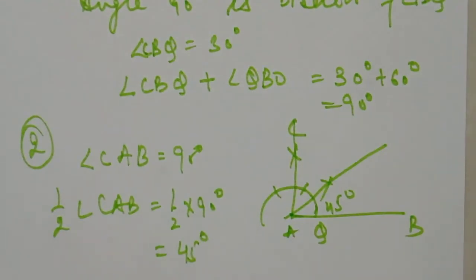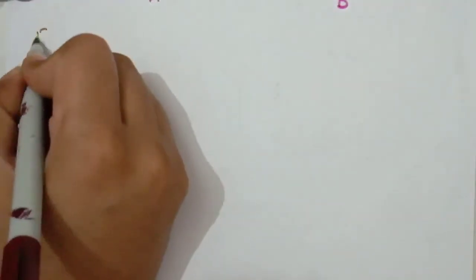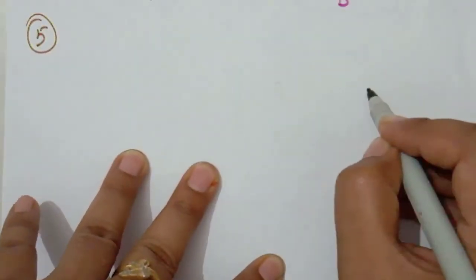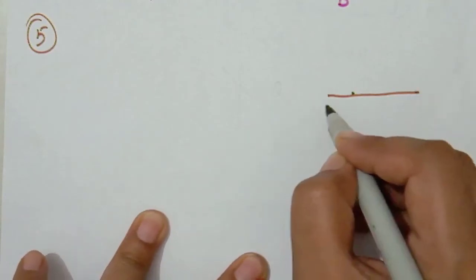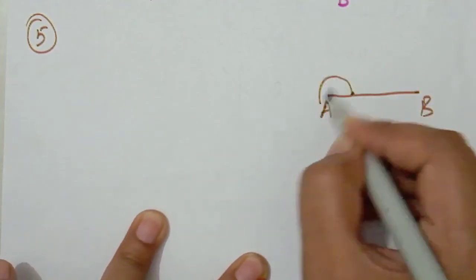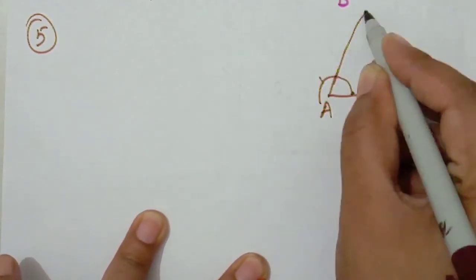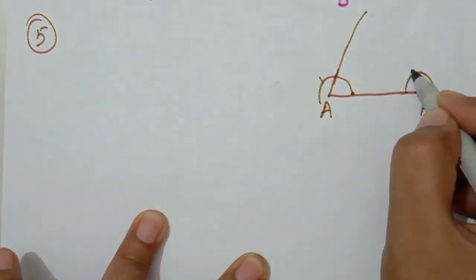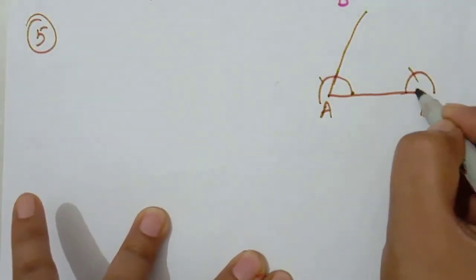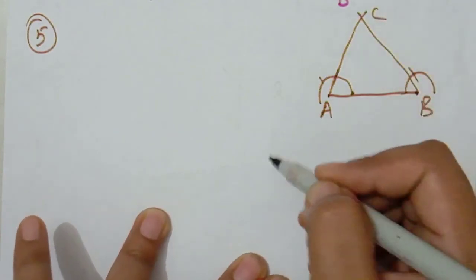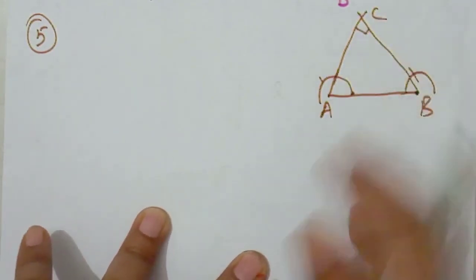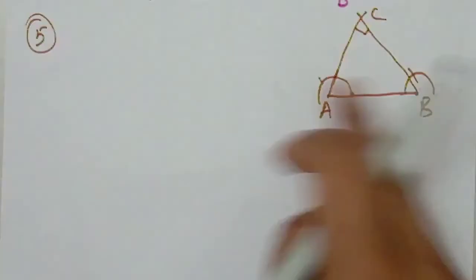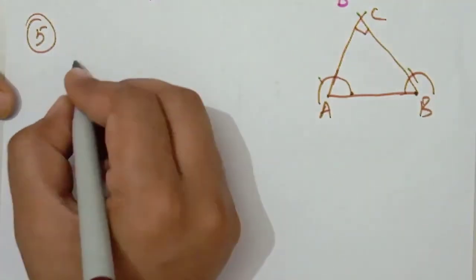Now the justification of the equilateral triangle, question number 5. I know you already drew that diagram: we have a side AB, and then we make a 60 degree angle here, and with the same opening of the compass we make another 60 degree angle here. They cut at point C, and then we have to prove that this angle is also 60 degrees. Then we can say that it is an equilateral triangle.